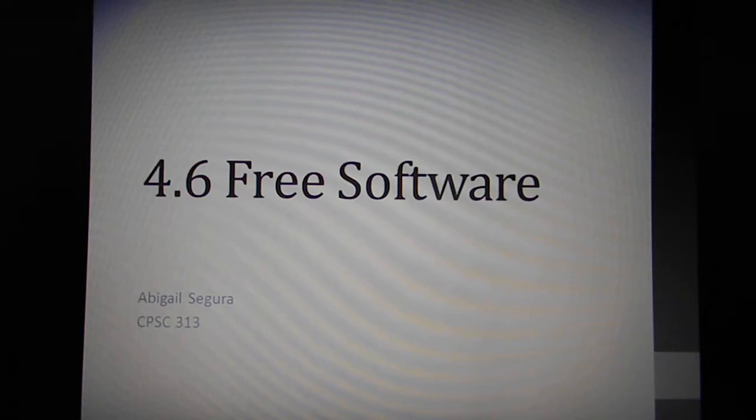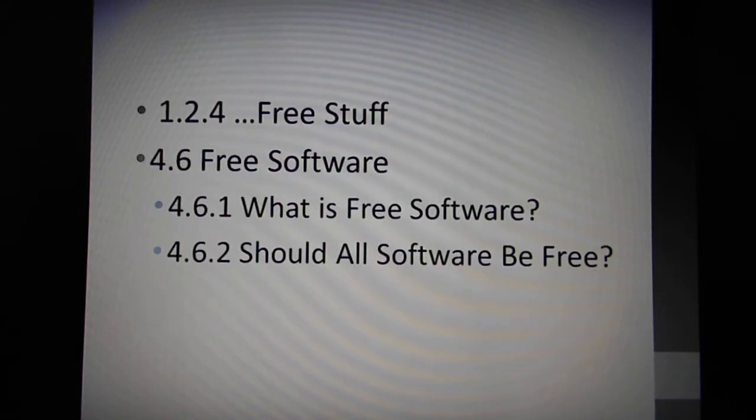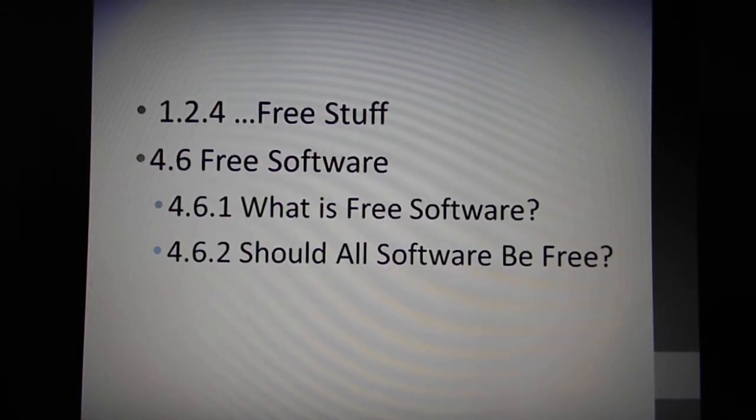My presentation will cover sections 1.2.4, and I will concentrate on the topic of free stuff. I will also discuss section 4.6, free software, which includes the topics 4.6.1, what is free software, and 4.6.2, should all software be free. I will begin by discussing the free stuff that is available to the public on the